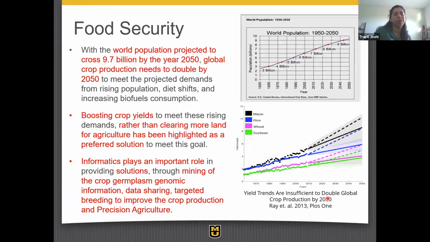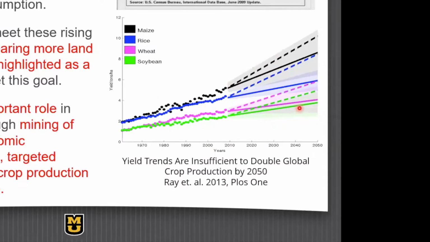The same is true whether you're thinking about crop sciences and agriculture with the goal of food security. We know the world population is projected to hit over 9 billion by the year 2050, and that's really going to require a global increase in various crop productions that needs to be at least doubled by that time. And so this is a graph which shows, in terms of the solid line, where we might be going with the current pace, but where we really need to be with the dash lines projected for four of these major crops.